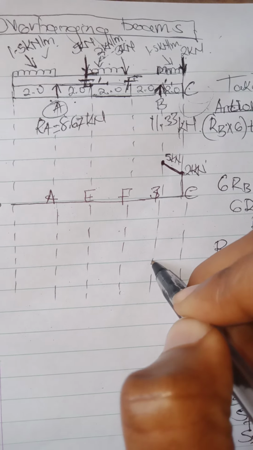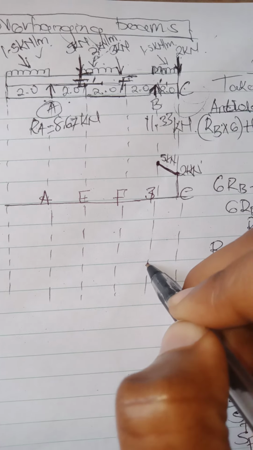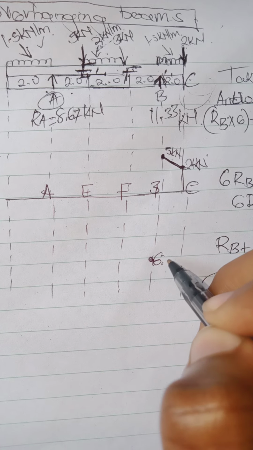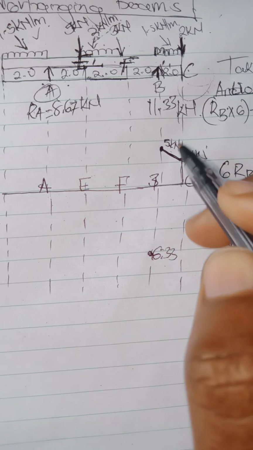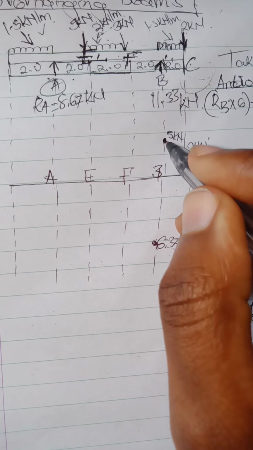We go up to the negative 6.33. No need to write the negative